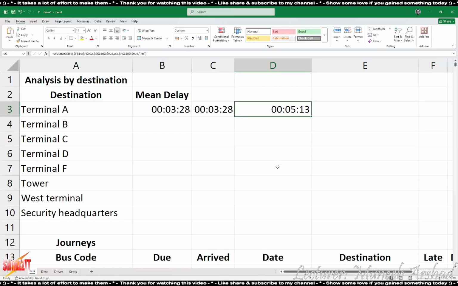Why do you think there's a difference? The number of journeys are not counted. Okay, so this is the problem. With standard average, you are only to consider the journeys in which it was delayed, not the journeys which were